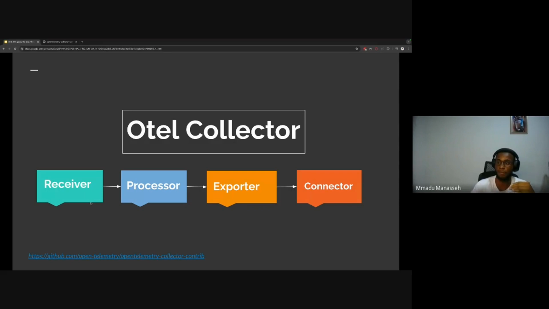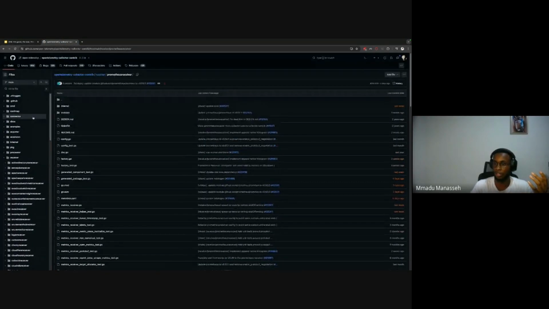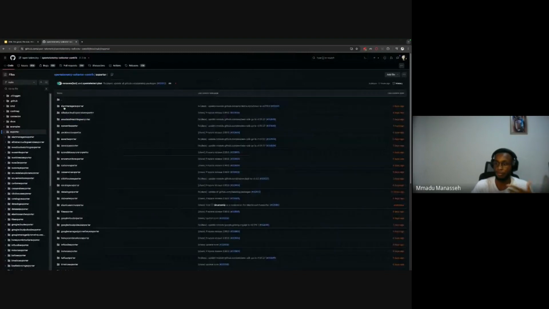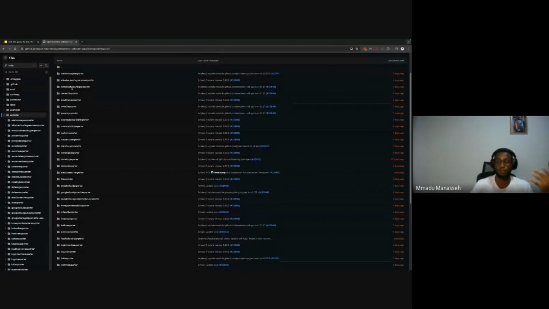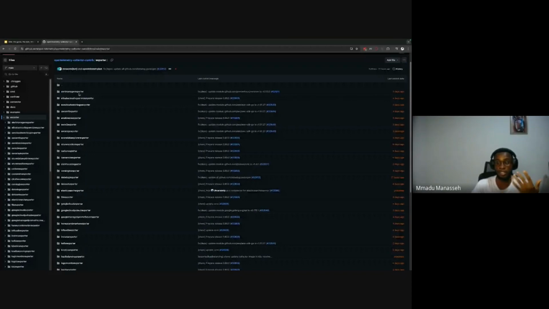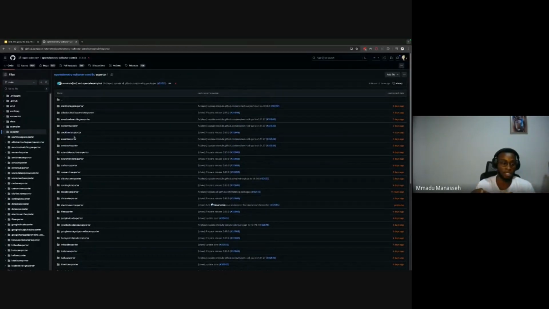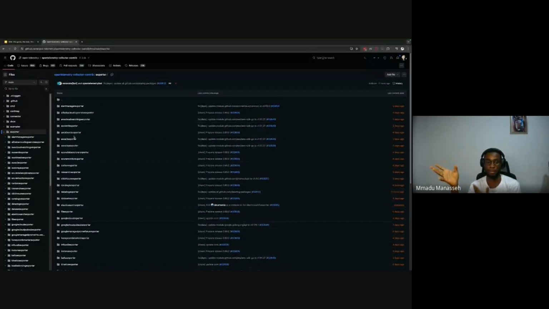So you have different exporters. And if you check the Otel collector repository, there's an exporter section here. So there are different exporters here. If I want to push from my service to Alert Manager, to AWS, you can see there are lots of services here, to Prometheus, to Datadog, whatever your backend is, you can just define your exporter and then Otel collects the data, processes it, and then pushes it to that particular backend. So that's one of the magic things that Otel does for you as a developer.